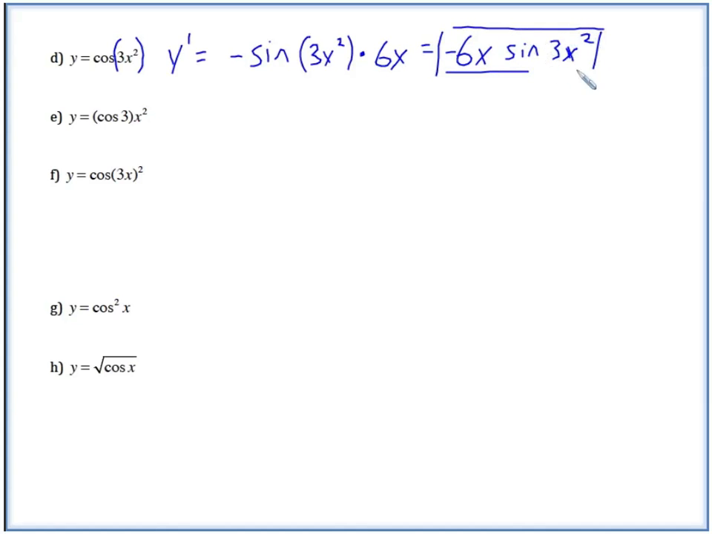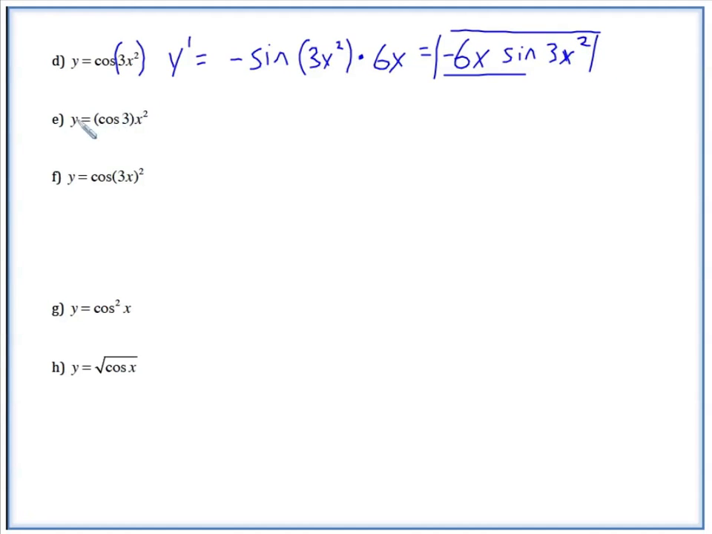Okay, so when you see this, that is all, we're taking the sine of this entire thing. If we look at letter E, now we have the cosine of 3 in parentheses times x squared. Well now, the cosine of 3 is just a constant, so we can use the constant multiple rule with our power rule of x squared. So y prime in this case, remember the 2 is going to come to the front, and this is going to subtract by 1. So we get 2 cosine 3